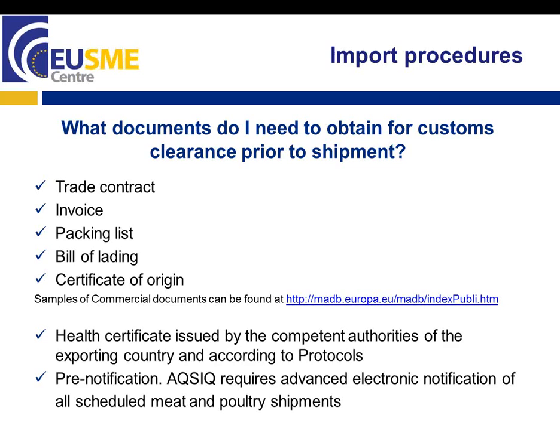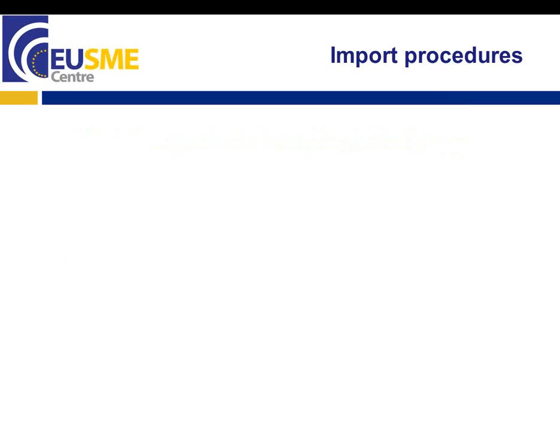I mean, the health export authorities of your country will have to send electronic notification of the particular shipment you are doing at this time, with all the data concerning that shipment, in order for ACSIC to be able to proceed to inspection and quarantine. So in this next slide, we try to summarize all the information concerning import procedures and